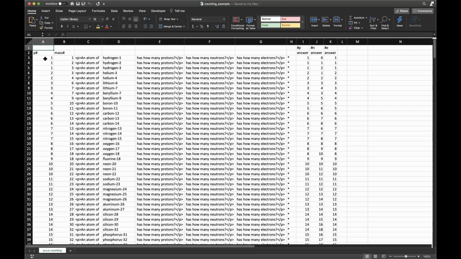The table I found, and it was probably several tables that I combined, had proton number listed, mass number listed, and then the isotope. And so I just took those and brought everything together into my list. And so I made a column for the proton number, a column for the mass number, and a column for the